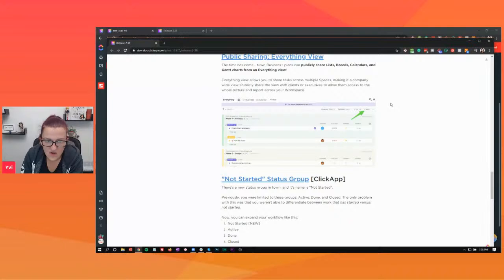Okay, so that literally means the everything view. I don't know how I feel about that. If I want to share something with a client, I don't need to share the whole workspace. I need to share a space potentially. I'm going to have to dig on that. If you have a use case scenario on how you would use sharing of your everything view,